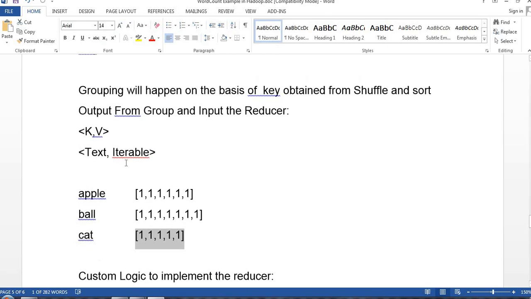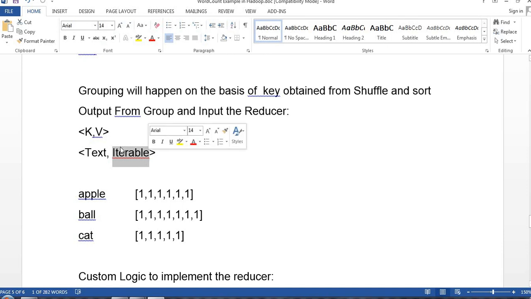So in the reducer, we will get this as an input. This key will be in Text form, and this 1 1 1 1 1 will be your Iterable. And what is Iterable? Iterable is nothing but a way to store a result. It's just a collection of elements which provides a method, internally implementing the for-each loop, to get each element one by one.